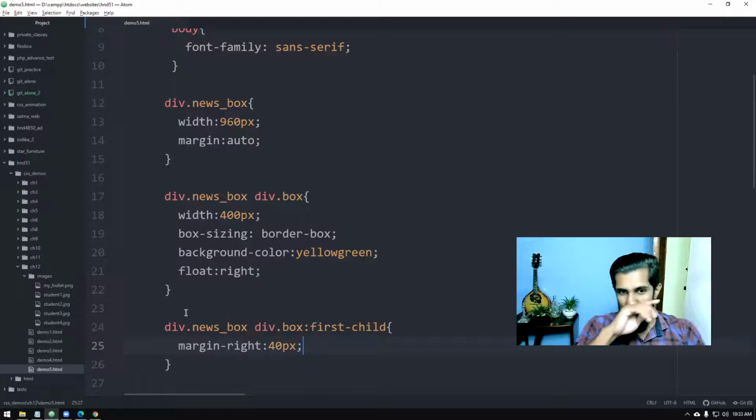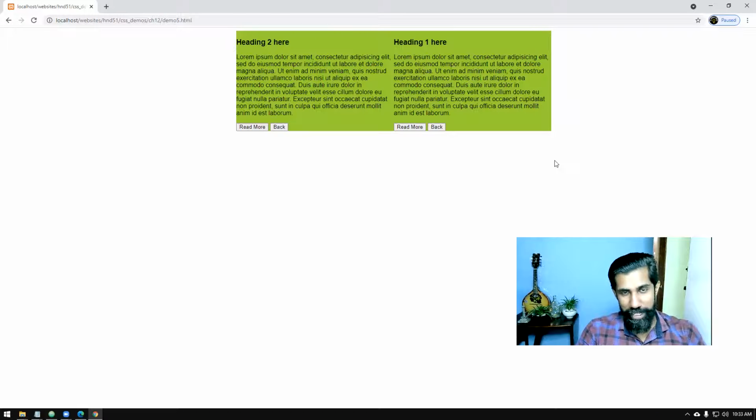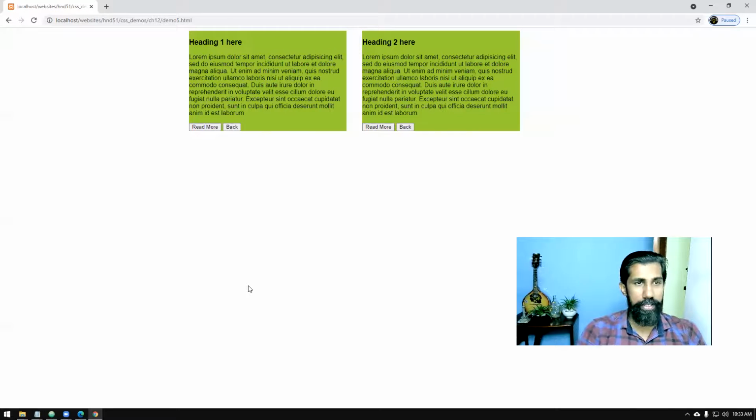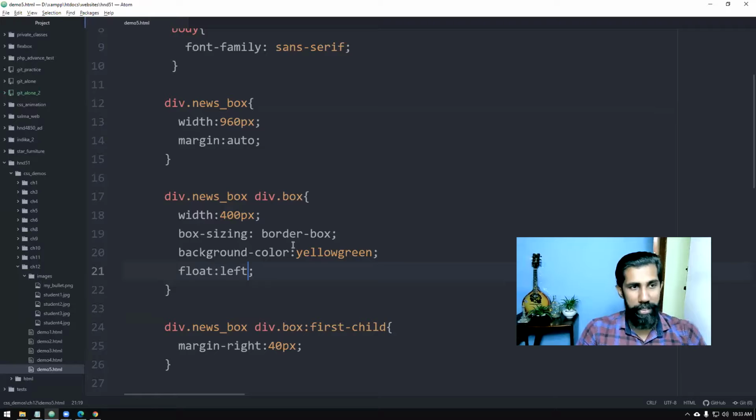Okay, so the problem is the margin is setting here because we are floating to right, we have to float to left. So you can see that gap. You can play around with these values and understand it well, right? Okay, that is the basic idea I did. Now I'm going to format this one a little bit nicely.